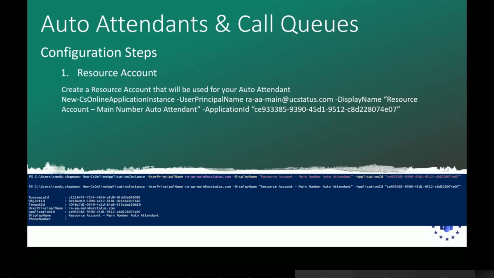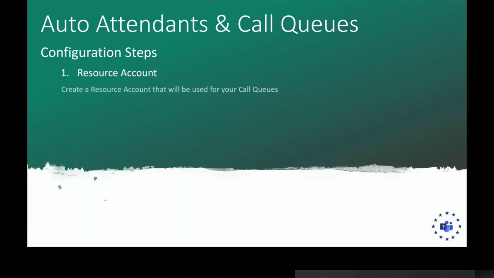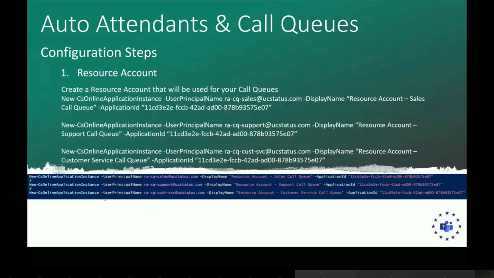And then when you run it, down below, you'll see the results. There's a run space ID, object ID, tenant ID, the user principal name that you've got there, of course, the application ID and your display name. You can see that the phone number is blank. The next step is